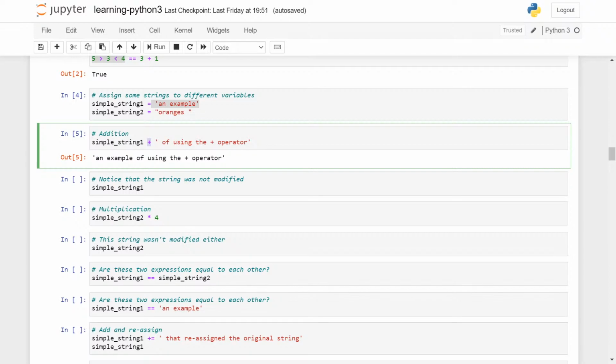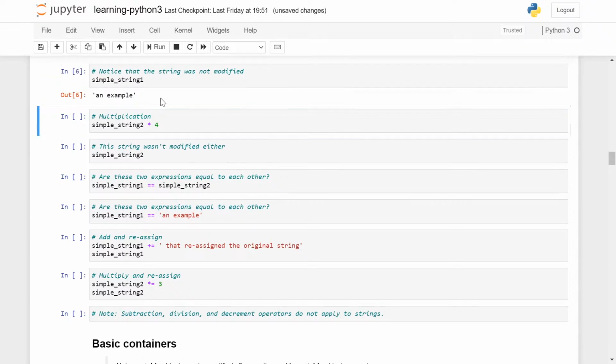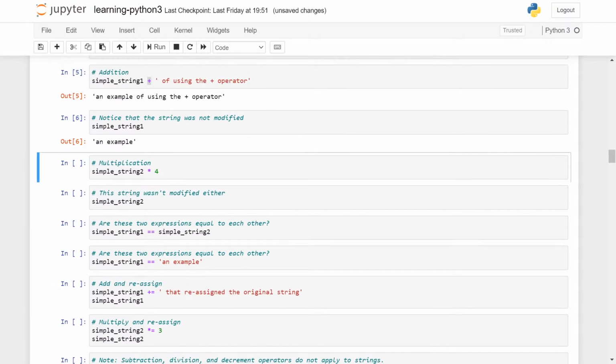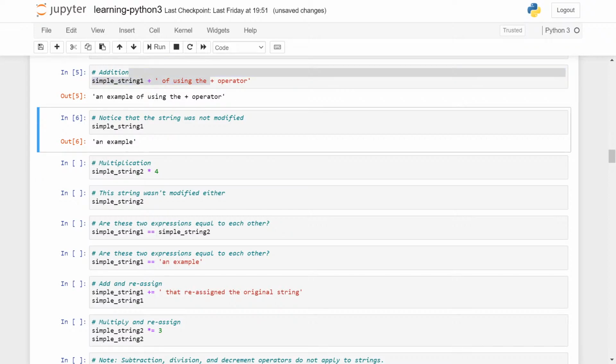This was already explained twice before, but it is a very helpful skill to use with strings. Again, notice the string was not modified. Obviously, the string is still 'an example', but when you are giving the output and you want to modify it there and then, you can take the name, just add things and print it right there.